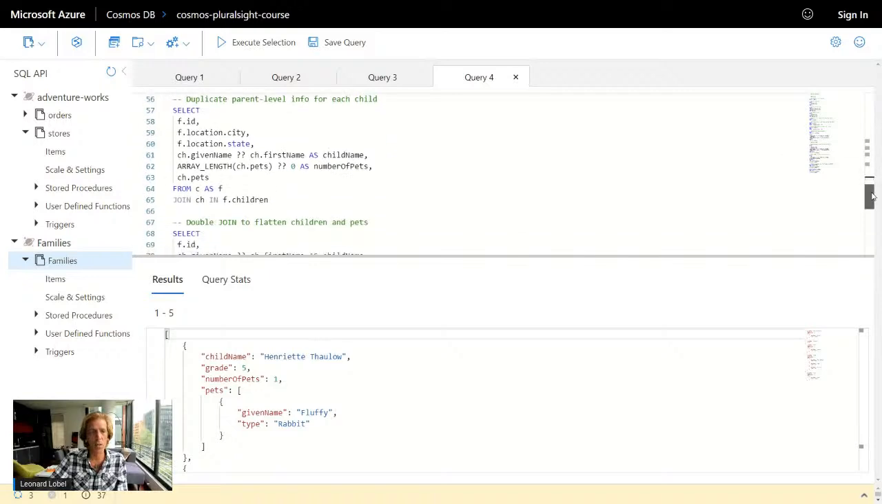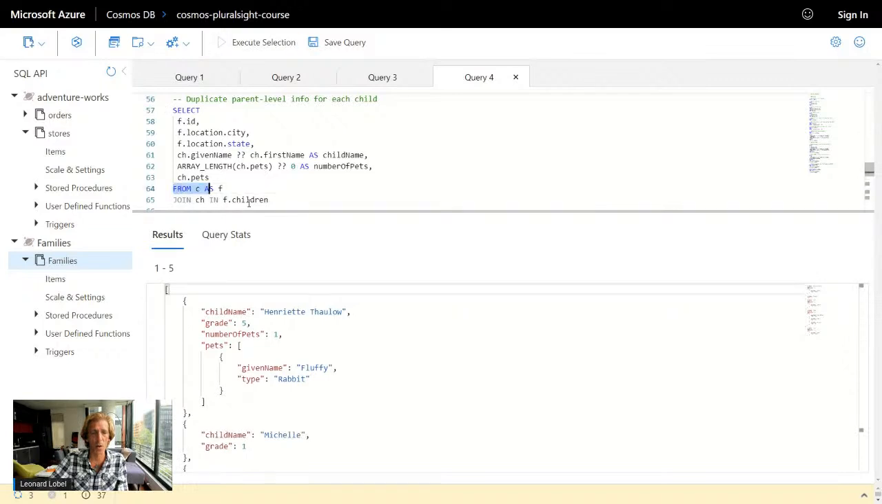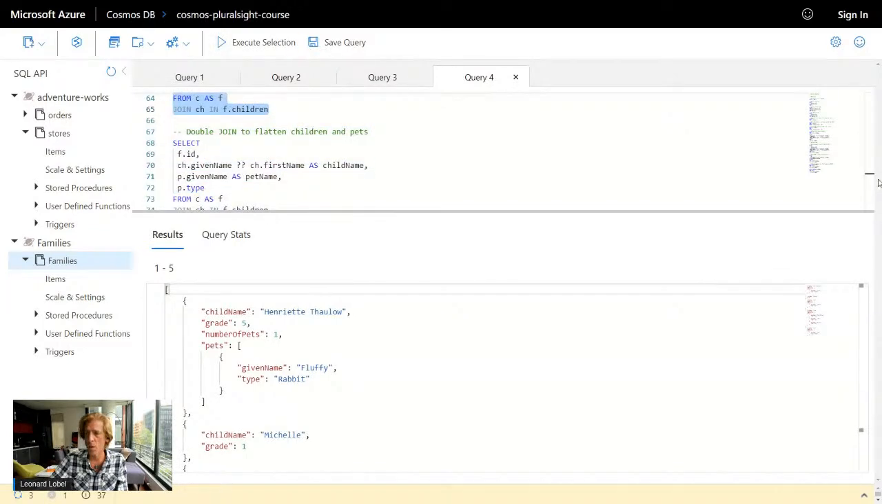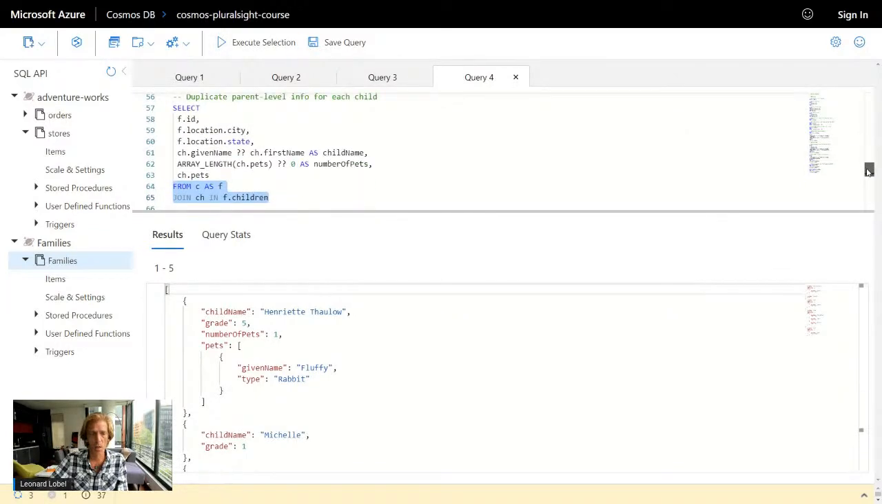Okay, so I'm going to do a similar kind of query, but I'm going to use join. Let's just focus on the from clause first. From C, it's aliasing the container as C, and I've got the full document in scope. And that document I know is a family document, so I'll alias that as F, so that throughout my query I can say F dot this and F dot that when I want to pull something from the family level. And then join